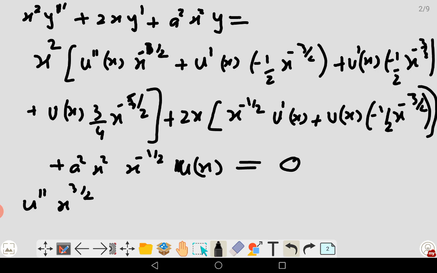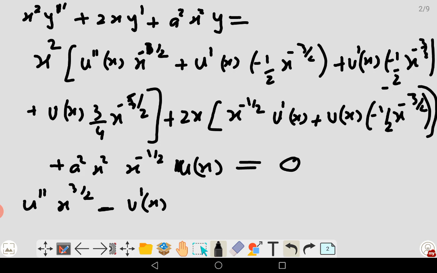Second term, there is a negative here, so it will be negative u dash of x, half and half, it will be 1. Negative of negative, it will be 1, isn't it? Negative 1 u dash of x power minus 3 by 2